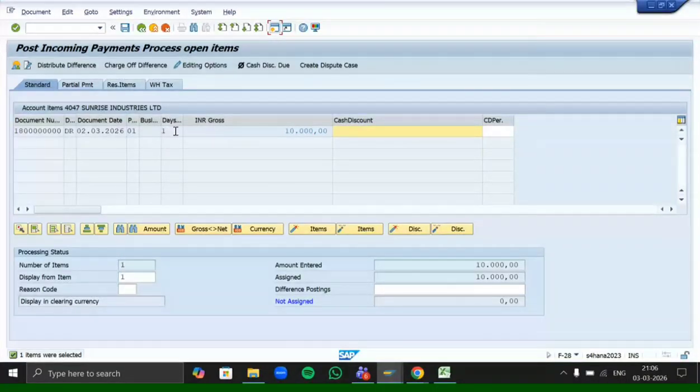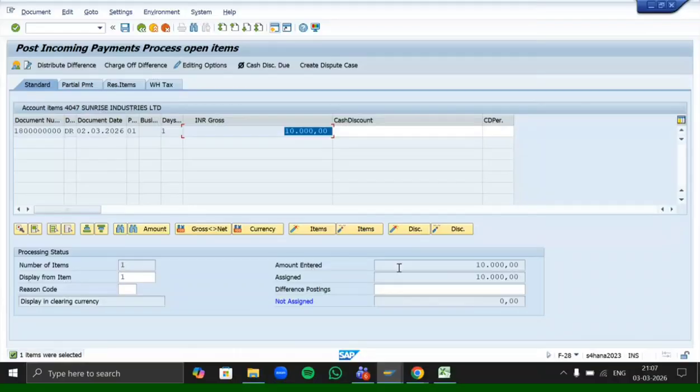Days in arrears 1 means this invoice was booked when? This invoice for Sunrise Industries we booked yesterday, right? So from yesterday to today, 1 day has already gone to receive this payment. That is the reason it shows 1 day. The amount is 10,000. We are going to receive 10,000 here, and the invoice amount is also 10,000.